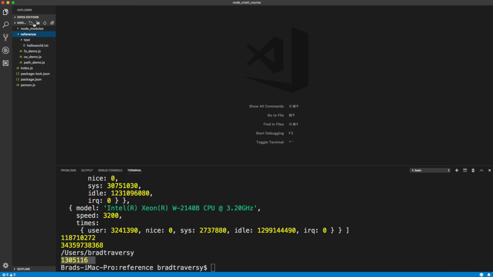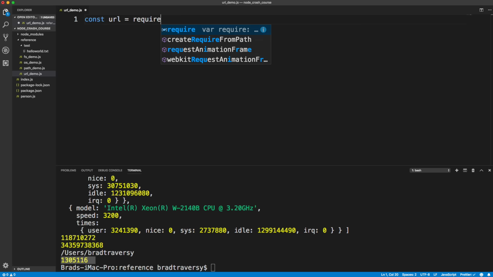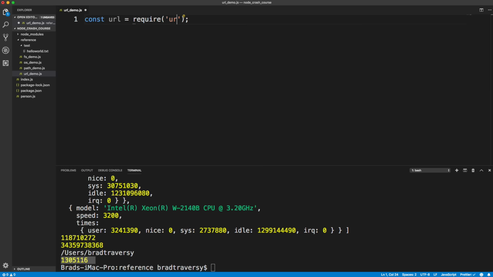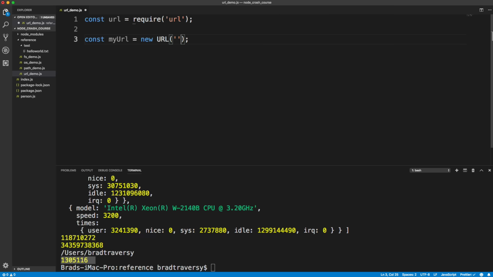So in reference, I'm going to create a file called url_demo.js. So obviously this works with URLs. So let's do const URL equals require URL. Now, you used to use url.parse, which is now deprecated, I believe. Now you want to just instantiate a new URL object. So I'm going to say const myURL equals new URL, and then let's pass in here, let's say http